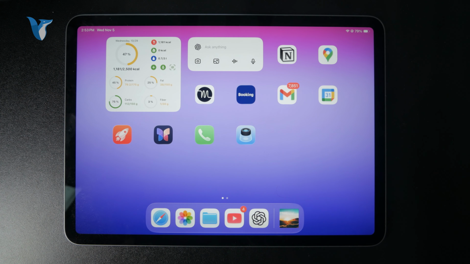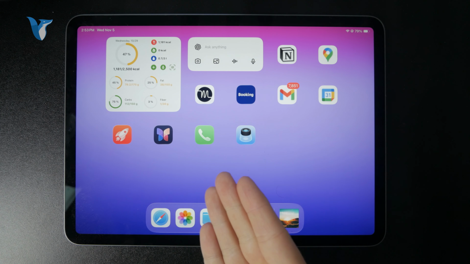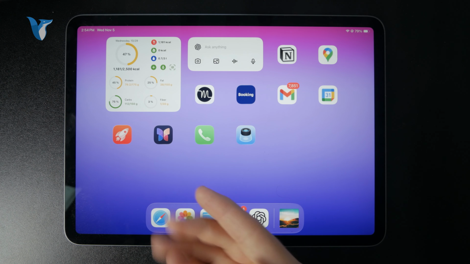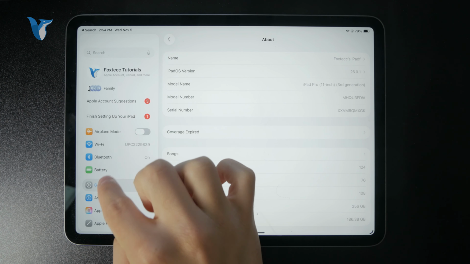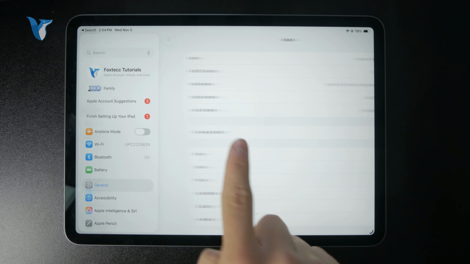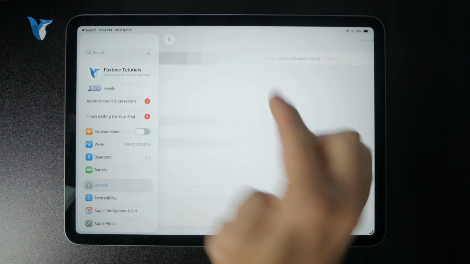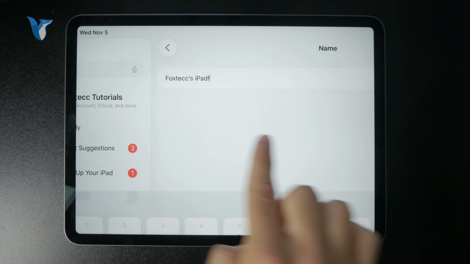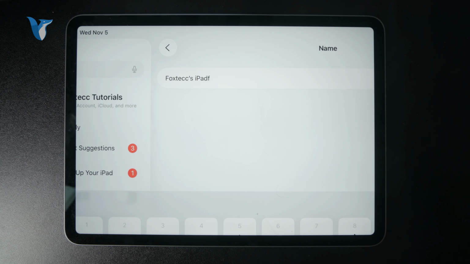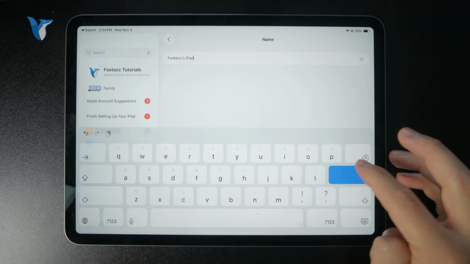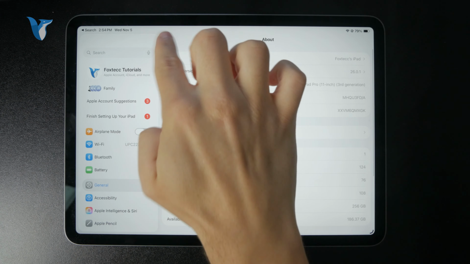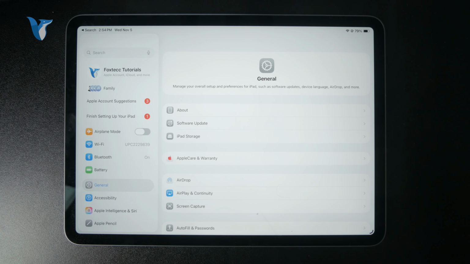Okay, so on the iPad, you have two places for the name settings. At first, you can go to the general section in the settings and tap on the about, and there we have the name of the iPad, right? So it's not the name of the owner, but the name of the actual device. This is used for sharing internet connection. This is going to be the name of the Wi-Fi, or, when you use AirDrop, this is the name of